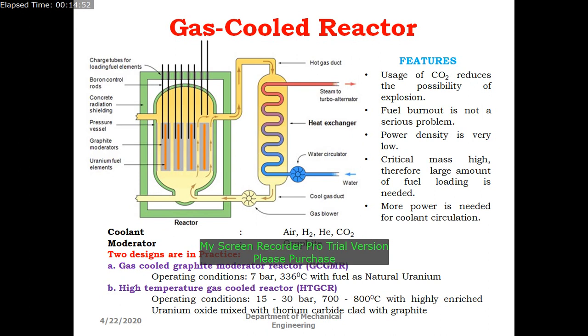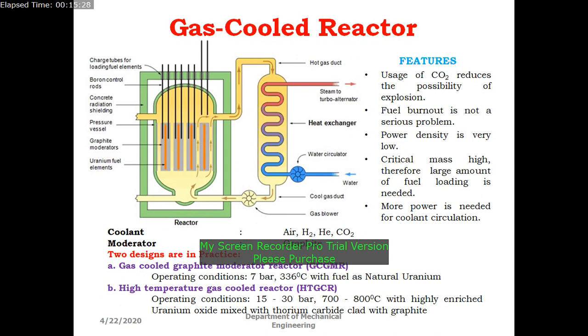And one problem with air is the specific heat is low when compared with other gases, and even the thermal conductivity is less. So when air is used as a coolant, the temperature of the core of the reactor will increase to some higher value. So to reduce such an effect, more quantity of air is to be supplied. So the energy required to operate the blower also increases with air as the working fluid.